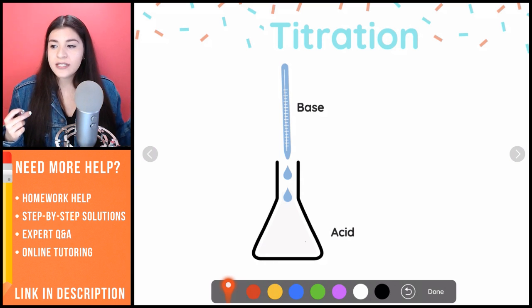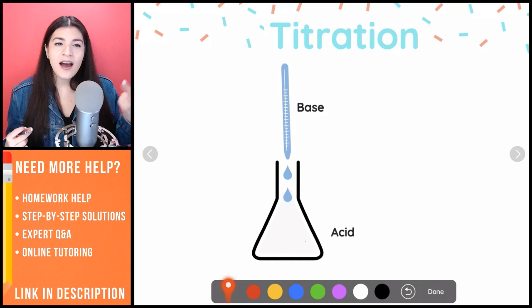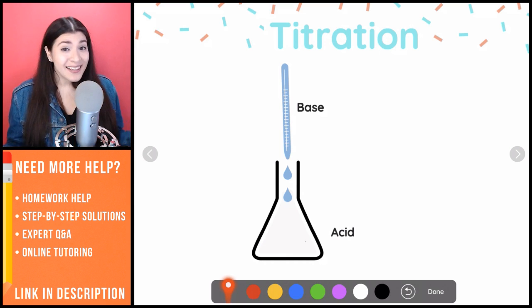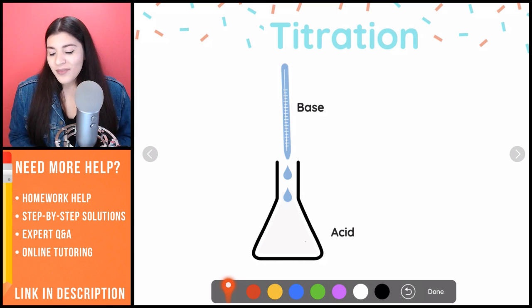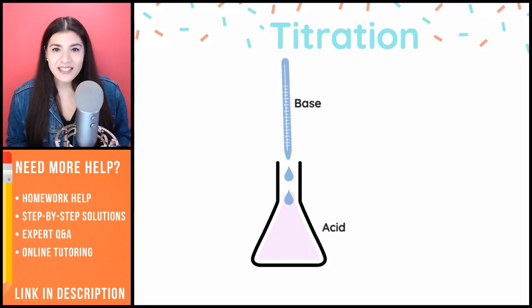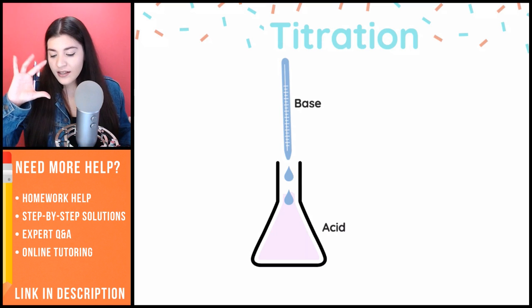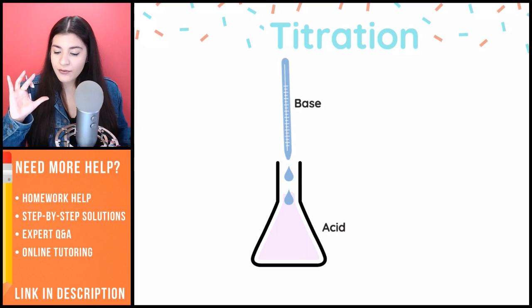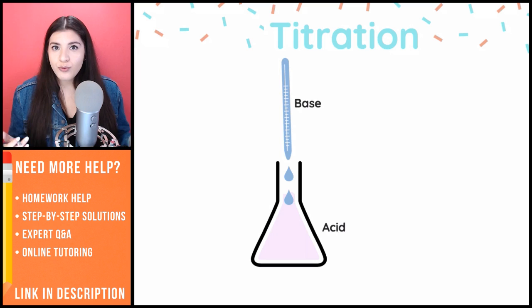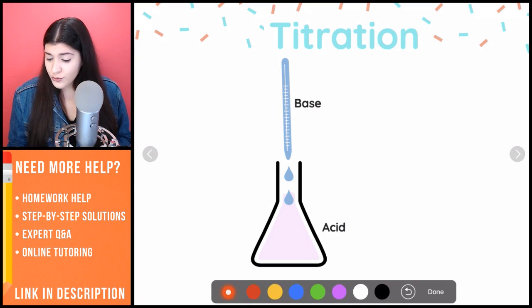Okay, so what's going to happen, a lot of times you're going to see the acid turning pink, and it looks really cool. But what you want ideally is to have your acid turn into this really light, faint pink. And that's how you know you did this right. So once you have that really light, faint pink for your titration, that means you reached the equivalence point, or you reached neutralization.